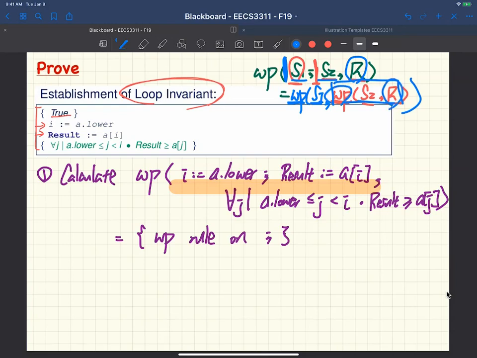That's how you think sequentially. Okay? And then if I apply that, what I will do is that's the first part, and this is the second part. So what I will do is like this. WP for I is assigned to A dot lower, followed by result